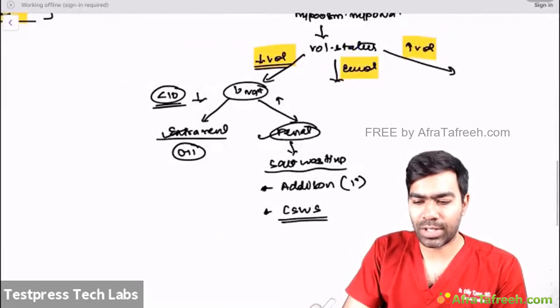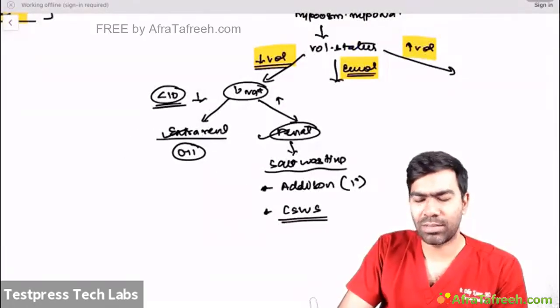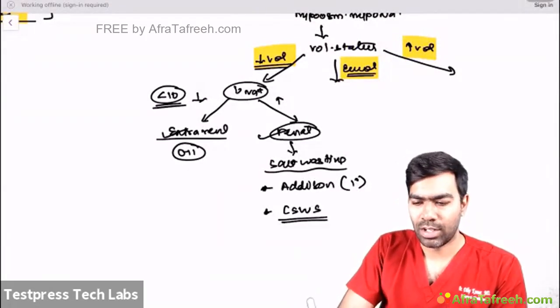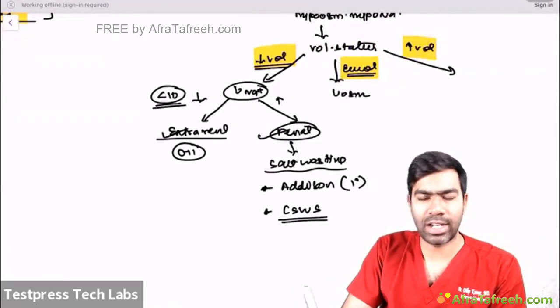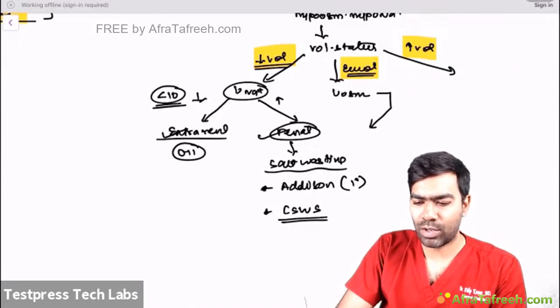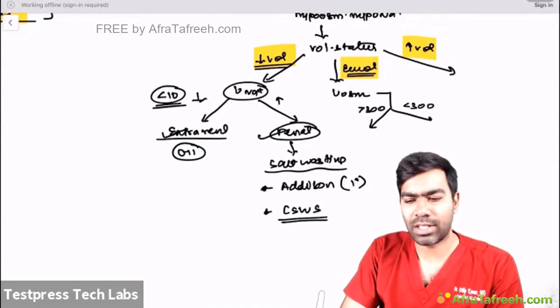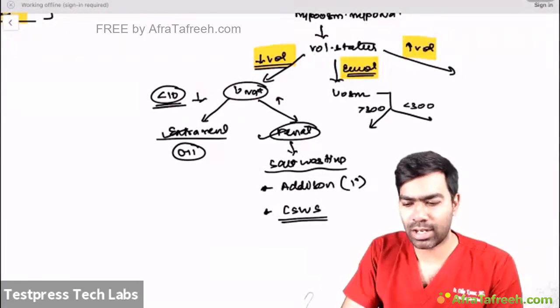As far as the euvolemic state is concerned, in euvolemia, overall total body sodium is normal. Then only you call it euvolemia. So there's no point in seeing the urinary sodium. In this setting, I'll see the urine osmolality. I need to know whether the patient is passing concentrated urine or dilute urine. If the patient is passing concentrated urine, more than 300,